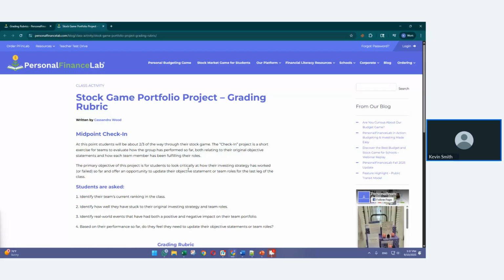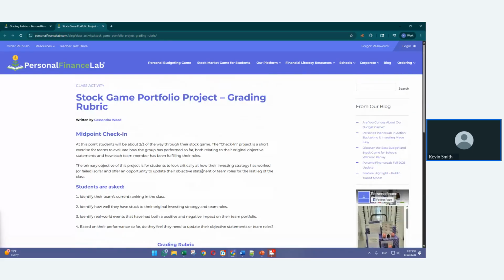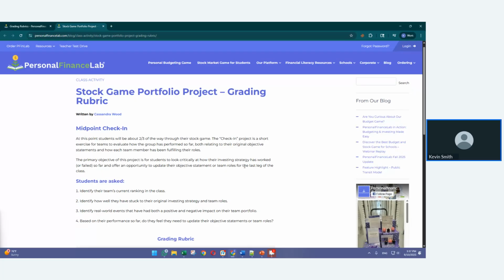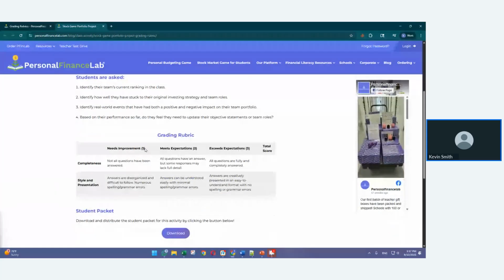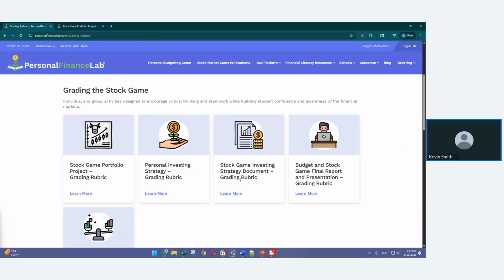This one has the students working through the stock game in teams, and it has 2 check-in points. At about midway through the game, the team talks about how well they did and how well they're following their original strategy. They can talk about who's been doing the team roles. It gives you a rubric of how they can actually go through it. And then we have a student packet worksheet as well to work through how those work. And we have another,